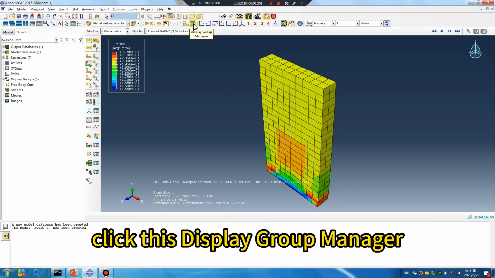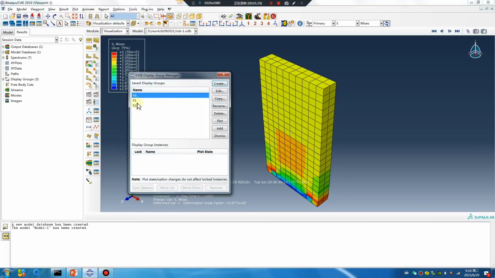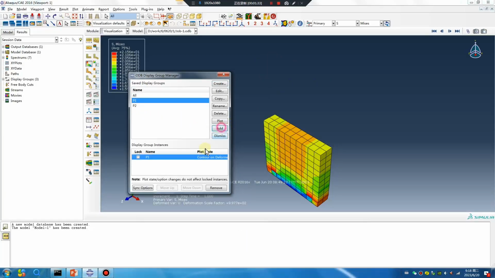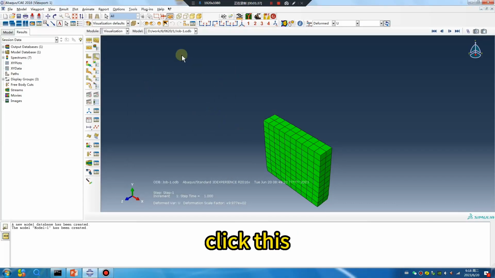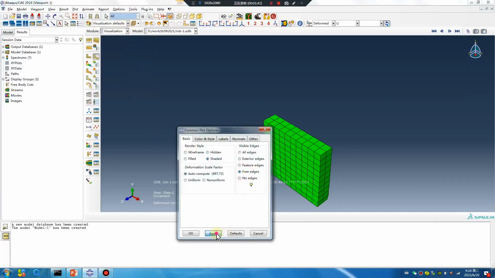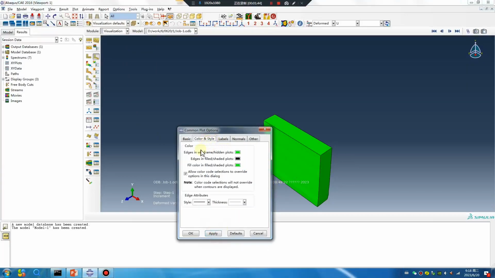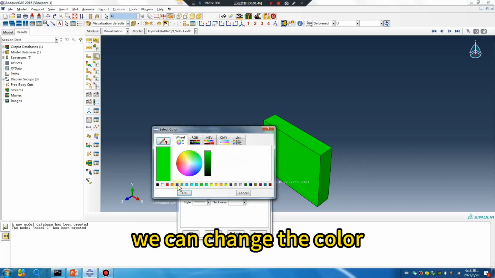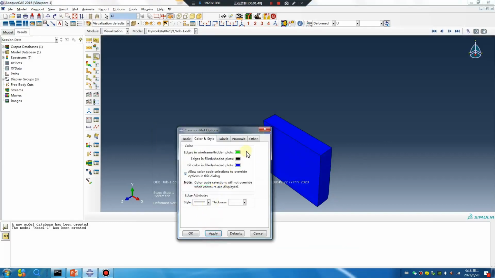Click this display group manager. P1, add. Okay, add. Click this. Okay. We can change the color. Okay, and